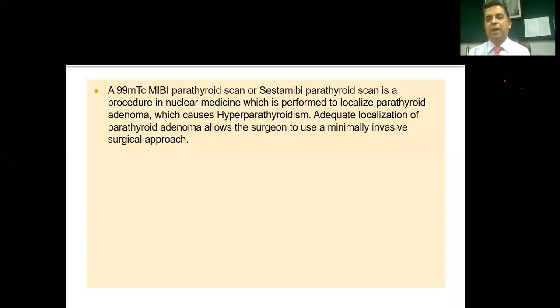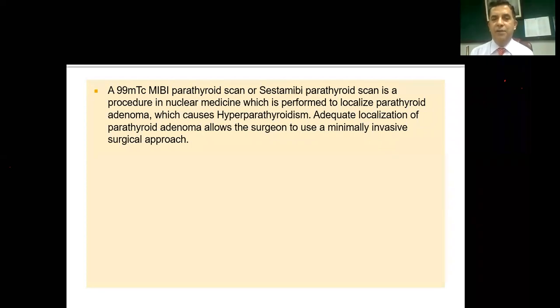So we do technetium-labeled methoxyisobutylisonitrile. In short, we call it MIBI. Usually the MIBI scan is done for myocardial perfusion imaging, but we use this technetium MIBI, or sestamibi, as some people call it, for the parathyroid. The parathyroid adenoma cells are very compact, and they have a very high content of mitochondria. These technetium MIBI parathyroid scans are based on the principle that MIBI concentrates in hypermetabolic areas. So the parathyroid adenoma is a compact mass of cells very rich in mitochondria, and so sestamibi would concentrate